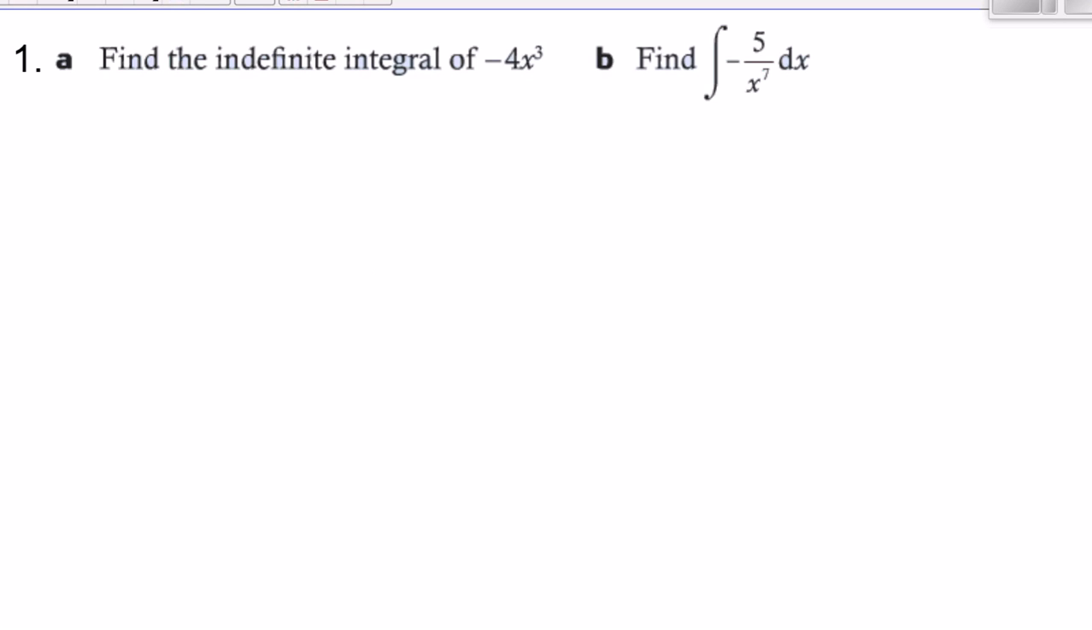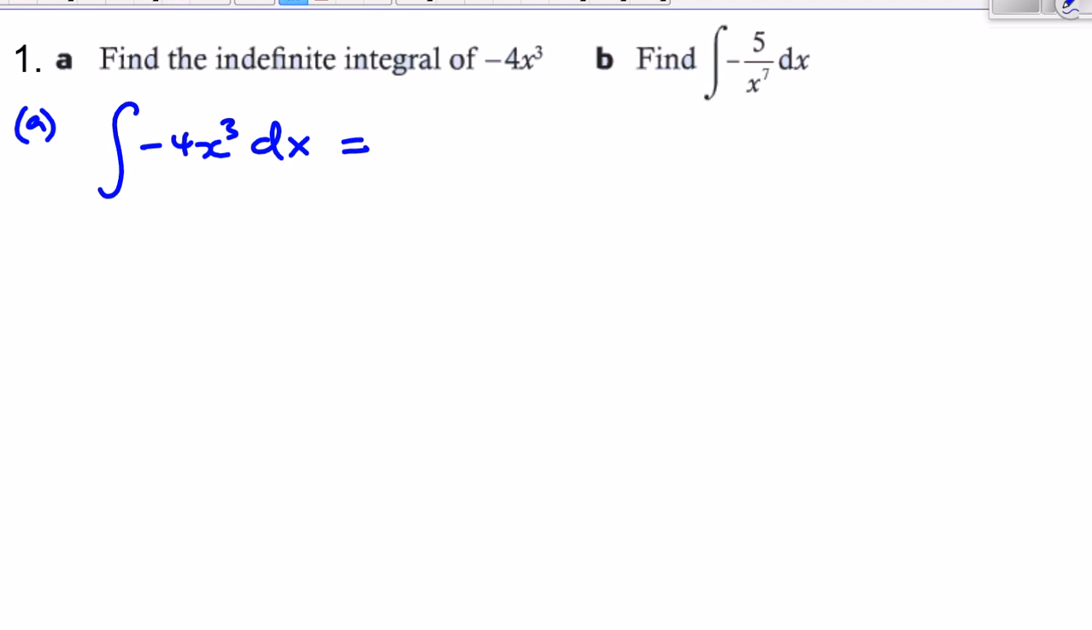The next thing that I want to look at is I want to solve a few problems. Find the indefinite integral of negative 4x cubed. So I'll use the symbols that I've just talked about a few minutes ago. So the integral of negative 4x cubed with respect to x will be equal to,